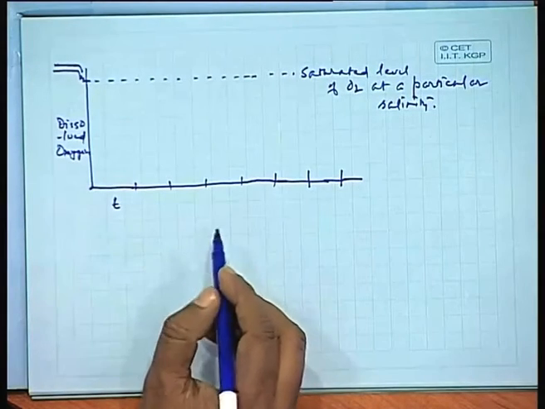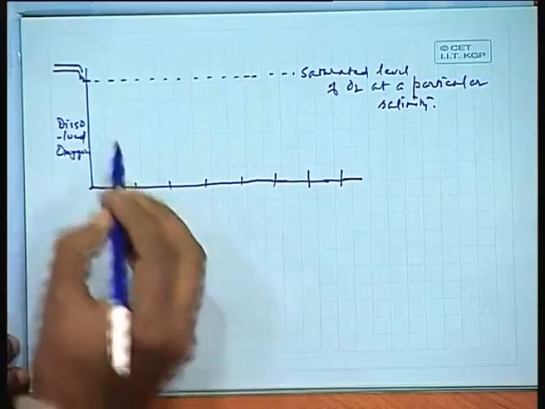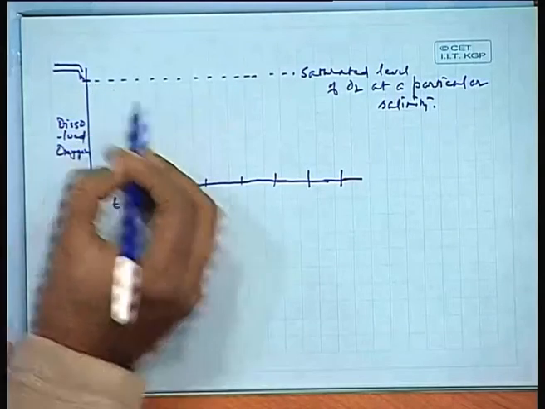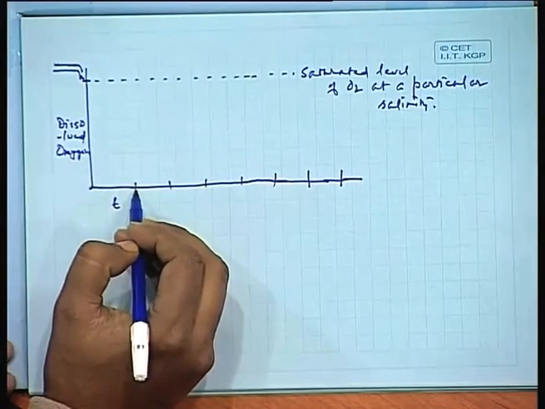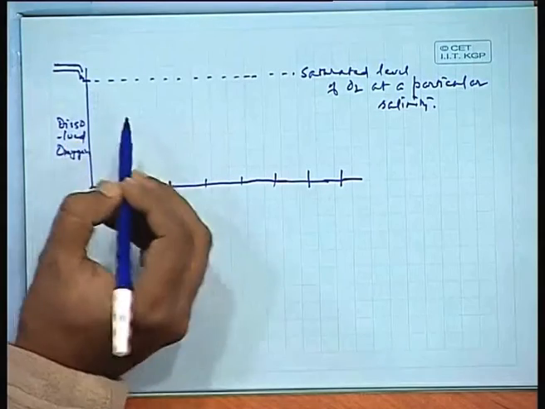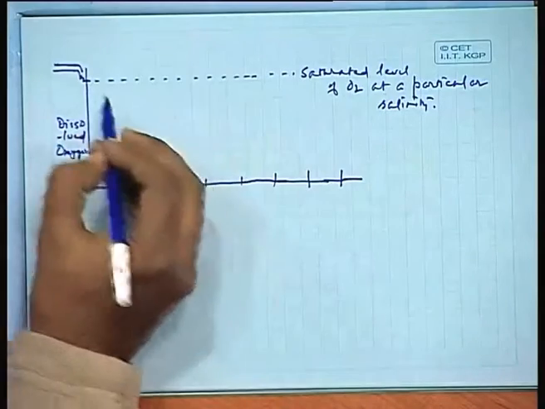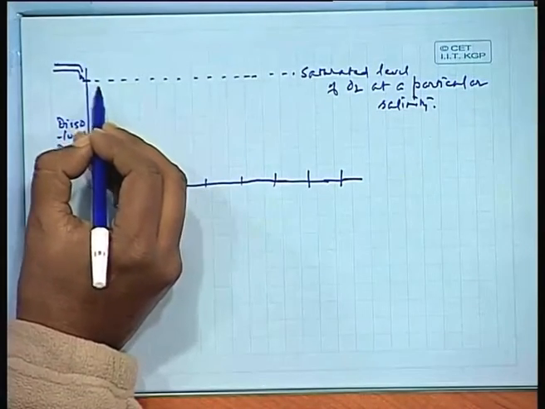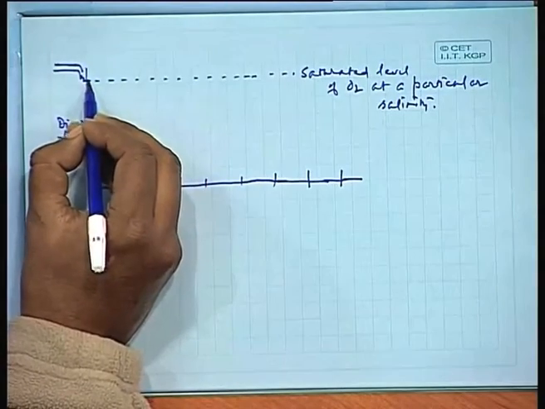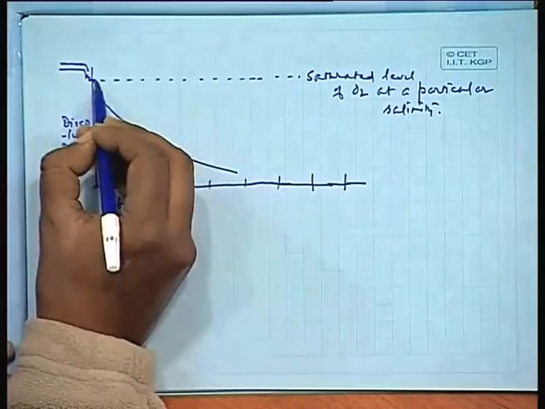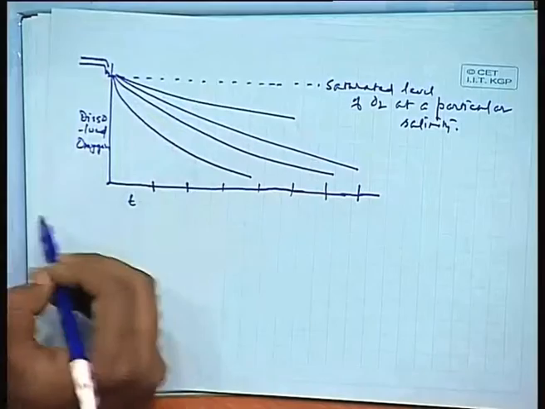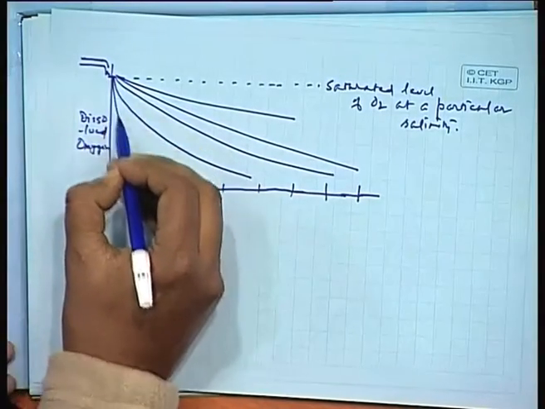So if we observe this curve now, depending on the nature of the waste, you see the depletion of oxygen in the water would take place. I mean, the rate of depletion of oxygen would depend on the nature of the waste. Remember this, the nature of the waste. So you can observe a plot like this, and somewhere it is not going like this.